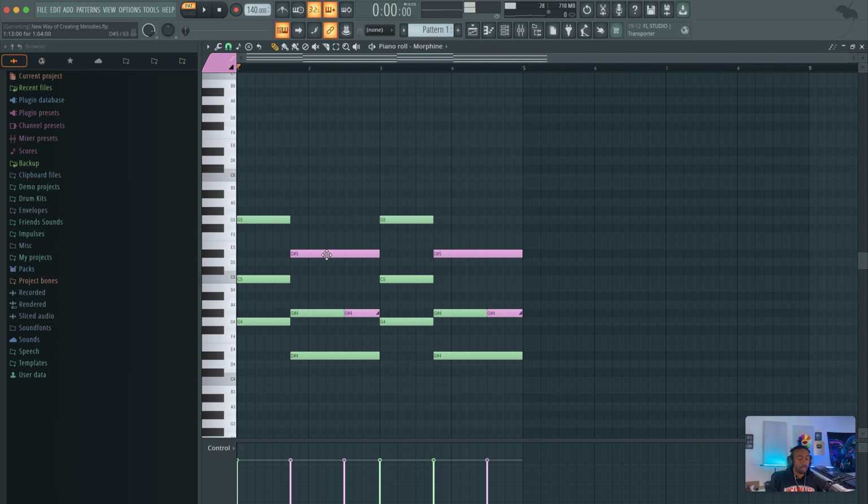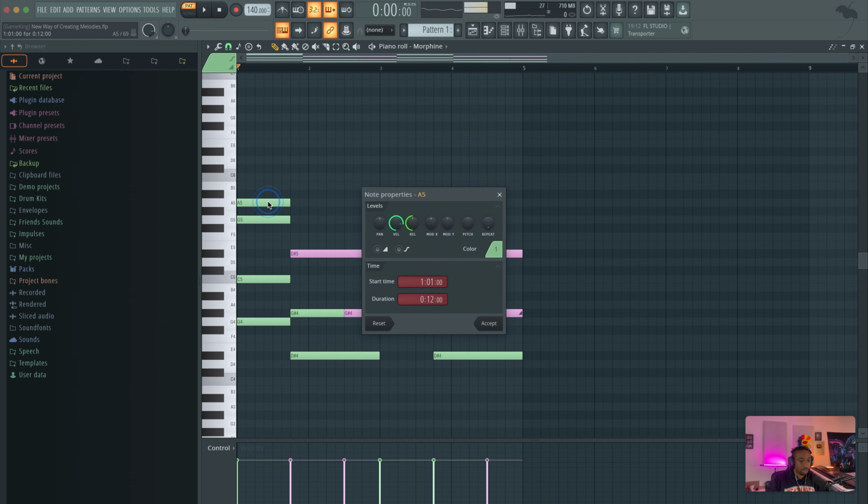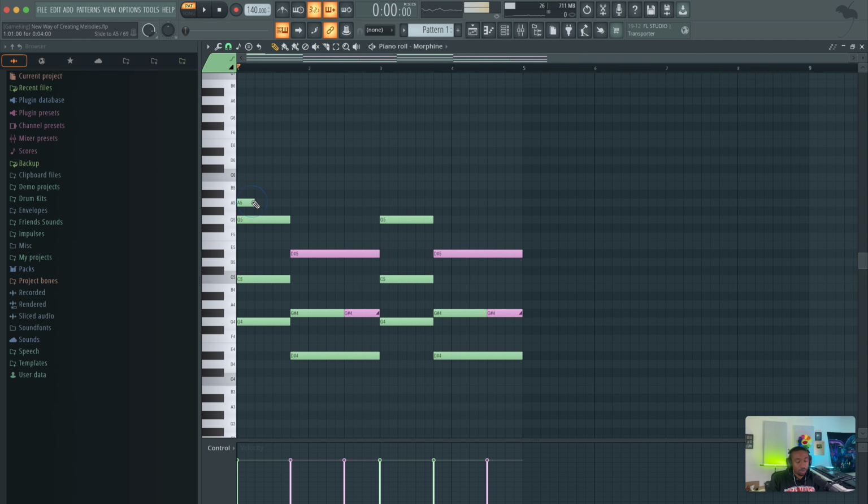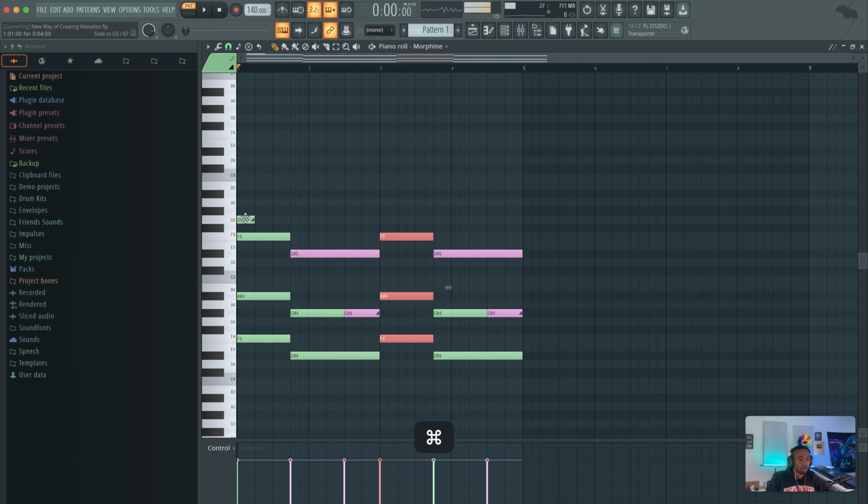Now my new thing is sliding the entire chord. So let's add a note, like 2 notes up from here, double click, make this a slide note. And now what it will do is slide up to this note. If you do this technique, you have to know where you're starting and where you're ending. So because I'm sliding it up 2 notes, I'm gonna pull the entire thing down 2 notes, 1, 2. So now the entire chord goes, instead of using the pitch wheel automation like we would normally have to do. This only works for Image-Line plugins, by the way.